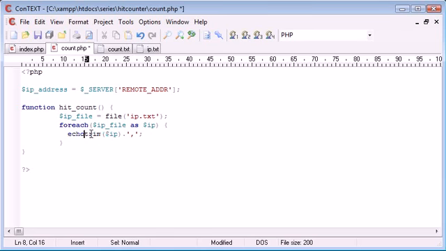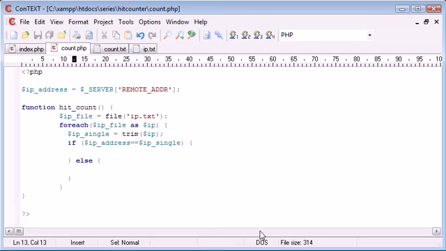So we don't actually want to echo out the IP addresses, we just want to use them inside here. So I'm going to create a variable called IP single, and that's equal to each one. So we can use this variable to check whether the user's IP address, which is up here, corresponds to one already in here. So we can say if IP address is equal to, so using our double equals comparison operator, is equal to IP single, do something, otherwise